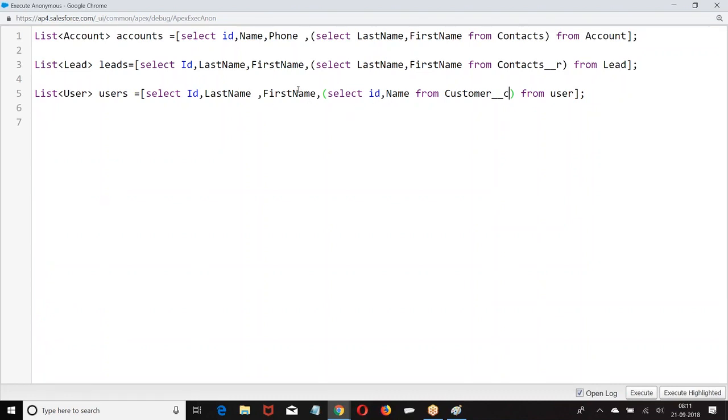So if it is a standard object, custom object, both are connected by a standard relation. What is that standard relation? Only one possibility is there. What is that? Owner ID, created by ID, last modified by ID. Apart from this, can you get any other information? Apart from this, can you get any standard field?